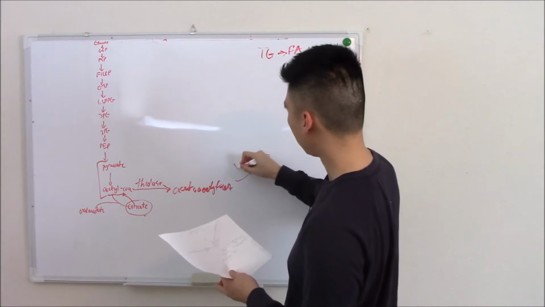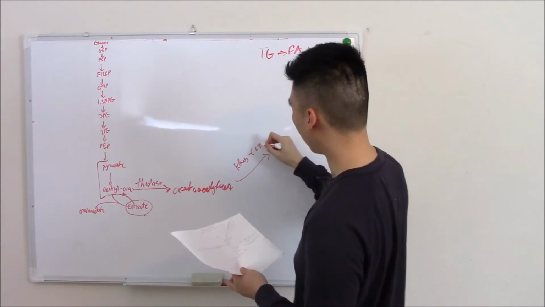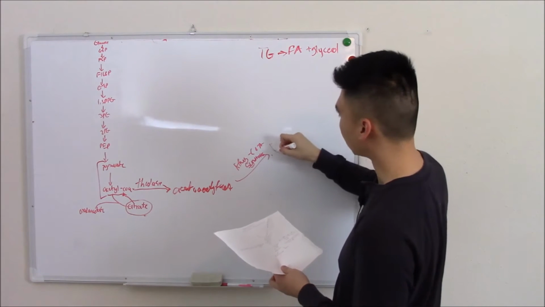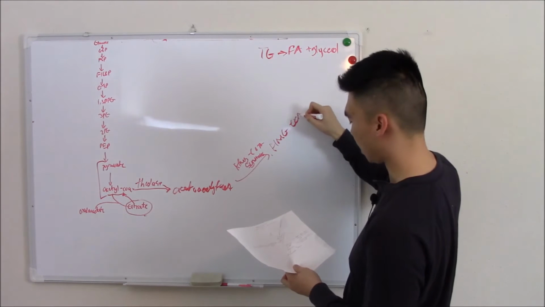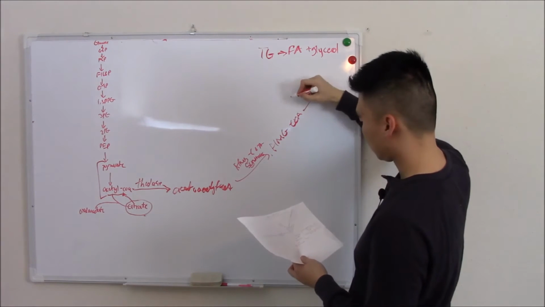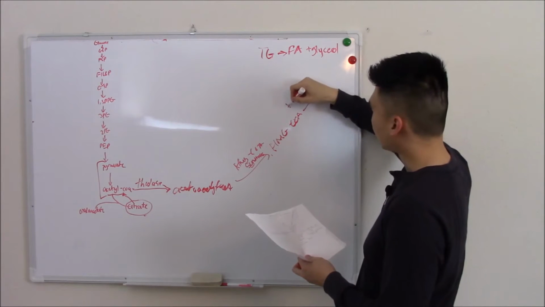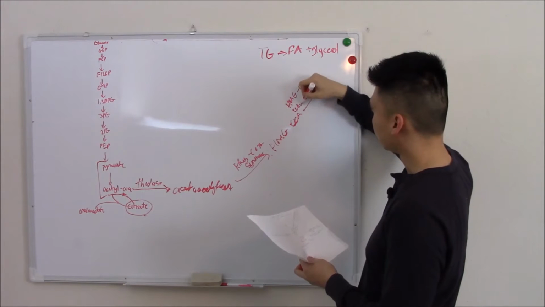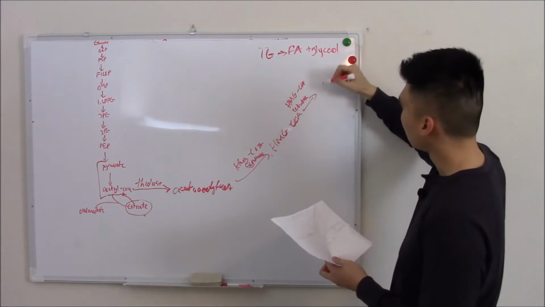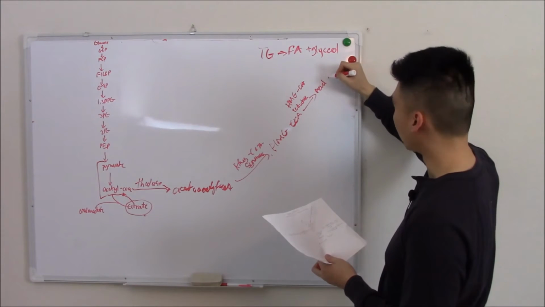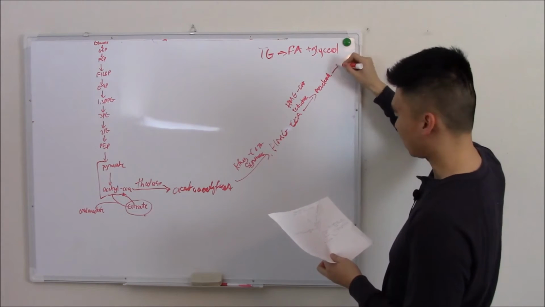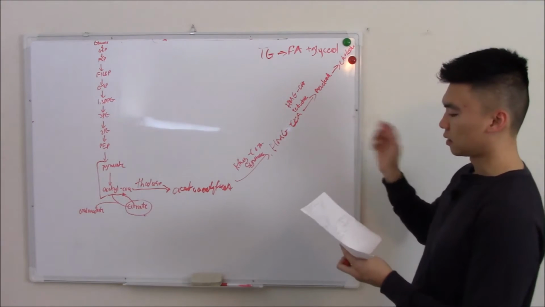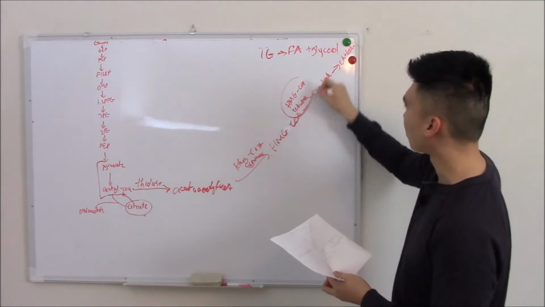And via HMG-CoA synthase, it becomes HMG-CoA. Now a few more steps. HMG-CoA reductase turns it into mevalonic acid, and that eventually becomes cholesterol. Clinical importance here, HMG-CoA reductase